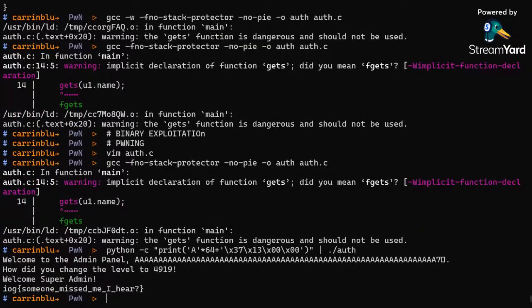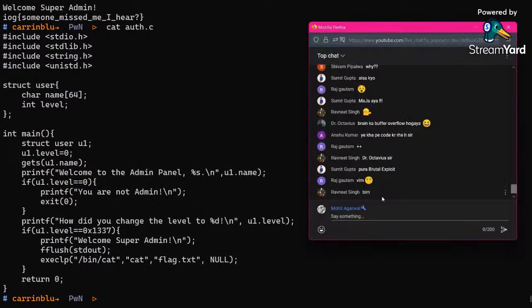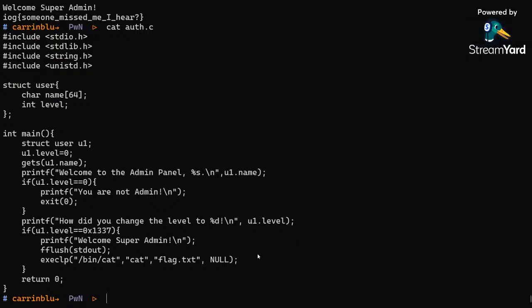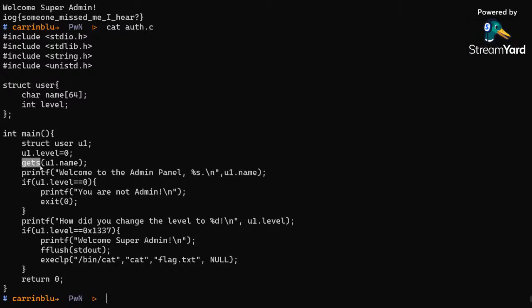यहाँ पे इंस्टेड ऑफ मतलब गिविंग मी द शेल, इट डायरेक्टली गिव मी द फ्लैग, क्योंकि मैं कोड को हल्का सा ट्वीक कर लिया था। लाइक अब ये मेरे को फ्लैग डिलीट करके दे रहा था। ब्रूटल एक्सप्लॉइट। ठीक है, सो आई होप कुछ समझ में आया होगा, हल्का सा सी का नॉलेज क्लियर होगा। कोई गेट्स फंक्शन कभी क्लास में यूज नहीं करेगा, ठीक है। ये पार्ट थोड़ा सा और लंबा होने वाला था,